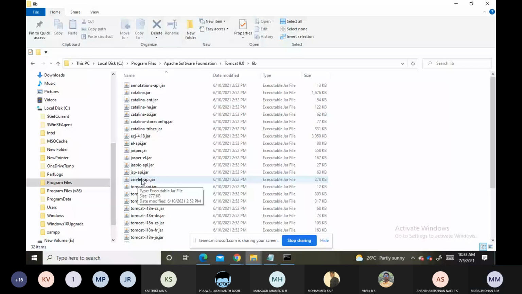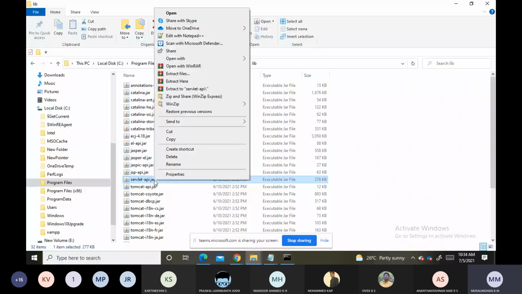Kindly take this path: Program Files, Apache Software Foundation, Tomcat 9.0, lib. Inside lib we are having the servlet-api.jar file. Clear? Now take the path of this one.